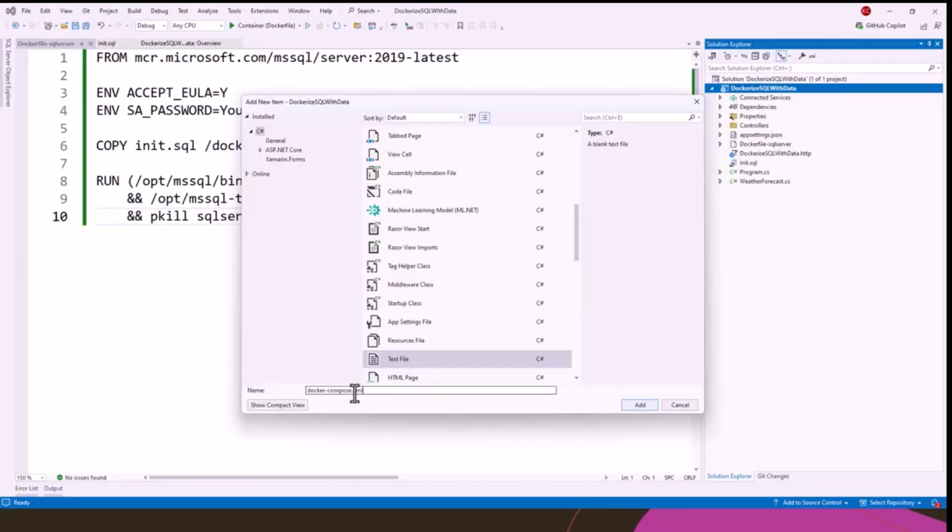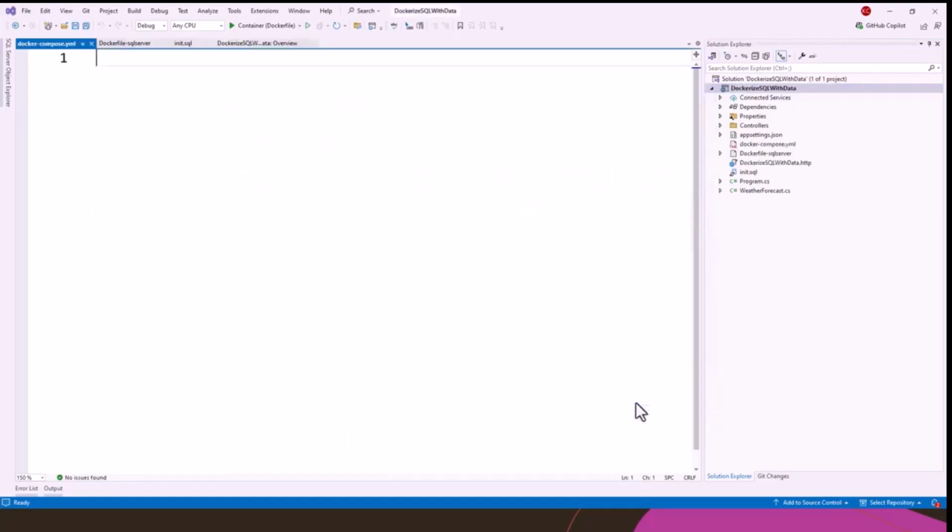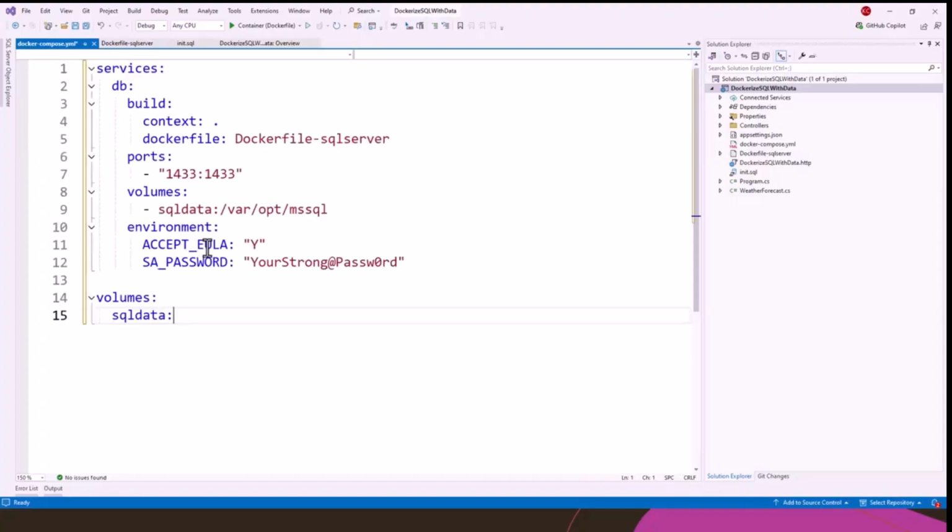YAML or YML extension, both are the same. So docker-compose.yaml, which is a YAML file, and I will add this code and I will explain step by step. Okay, so the Docker compose.yaml file is added to the project root, as well as